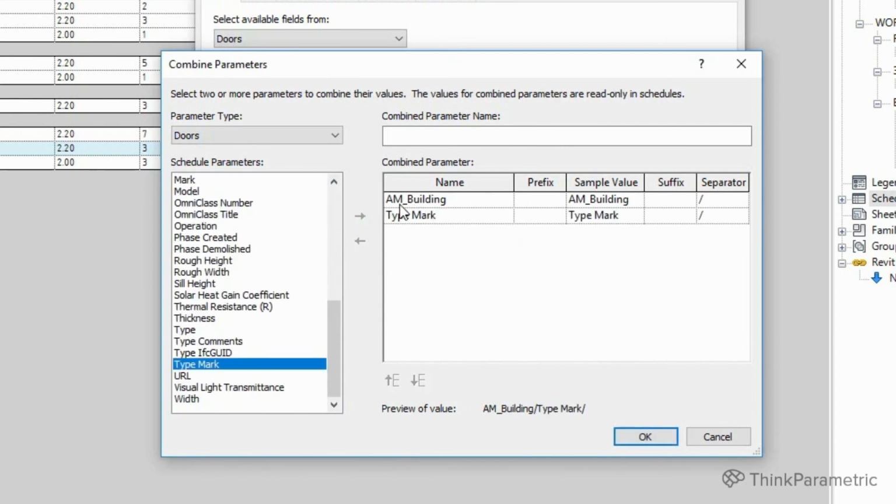And you can see that we have the name of the parameter. We have prefix and suffix options. We have a sample value. This will not be of use in the schedule, but it's there anyway. And we have a separator. Now I want to remove this separator, the one after the type mark, and I want to change this to a dash.